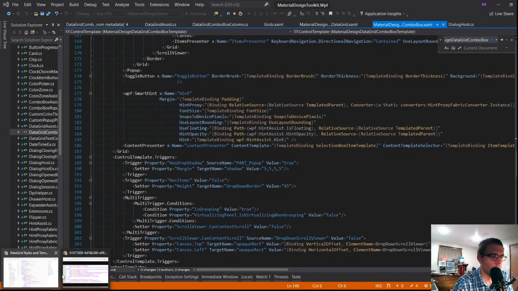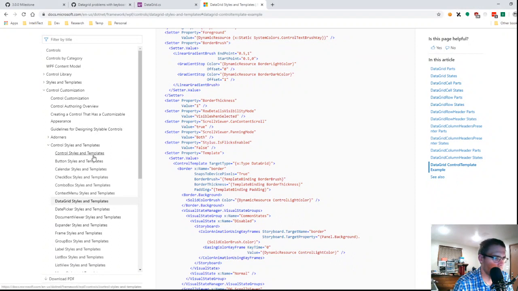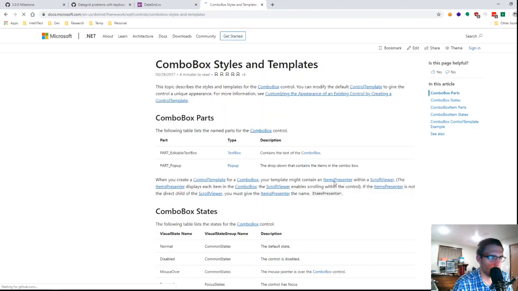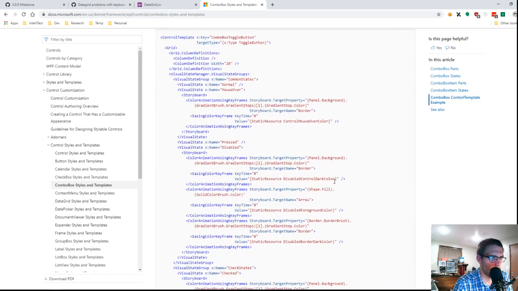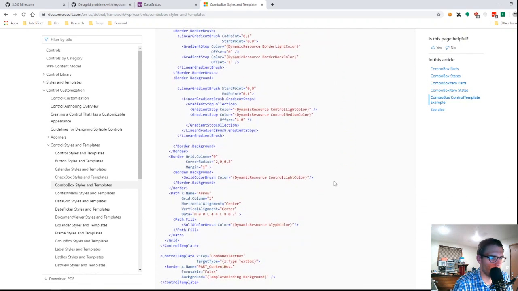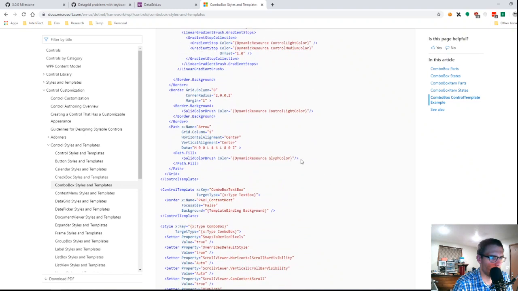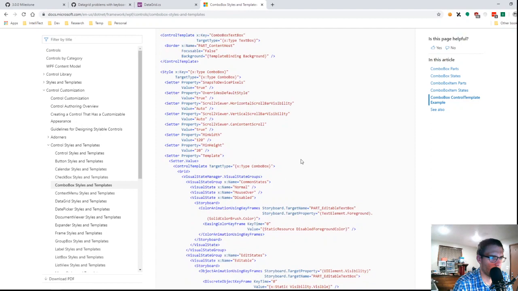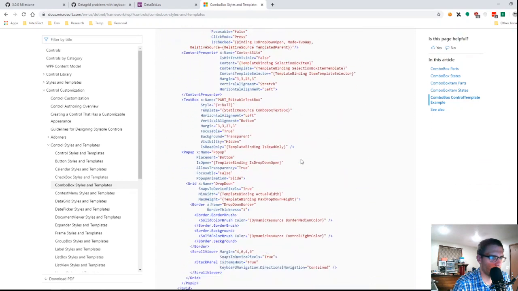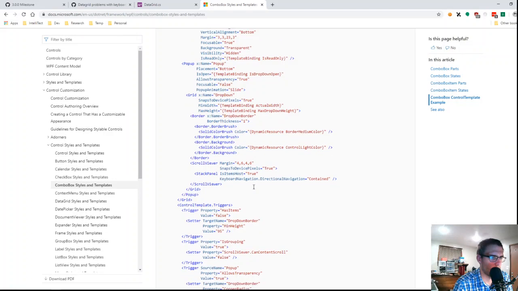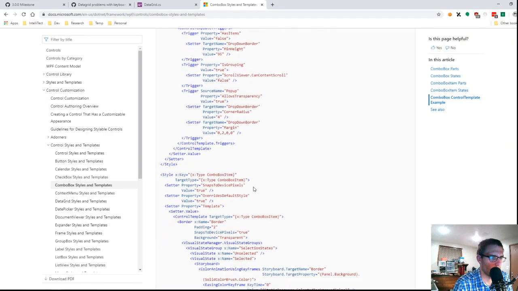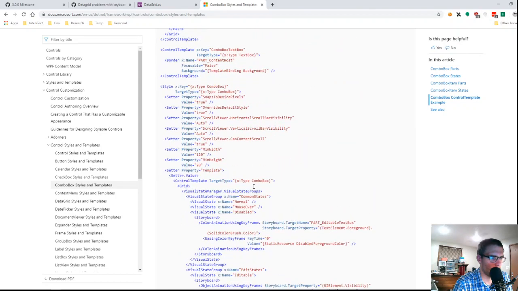Let's take a quick peek at this guy over here because we're all the way down into Combobox. Let's see what a default template might look like. Border brush, border. Take space. What template is this?